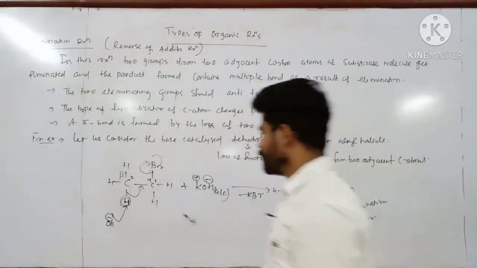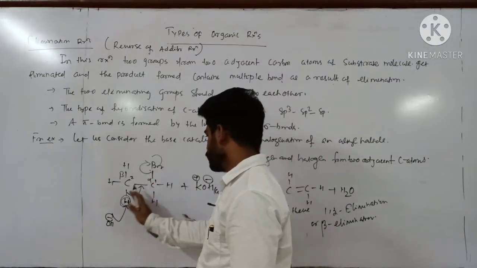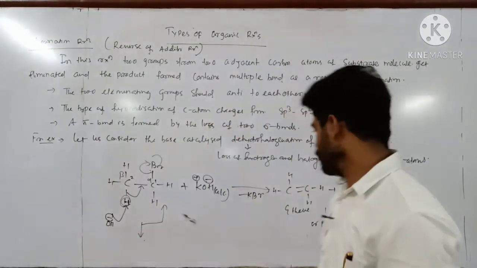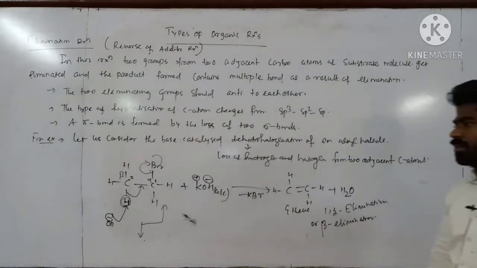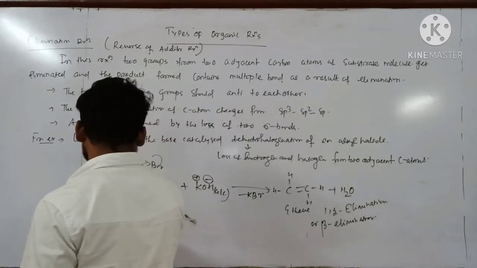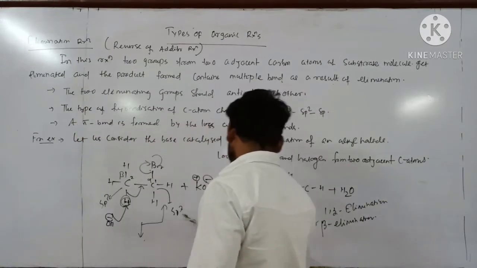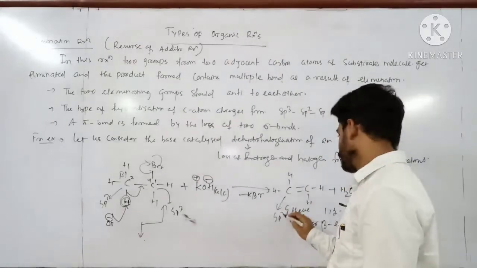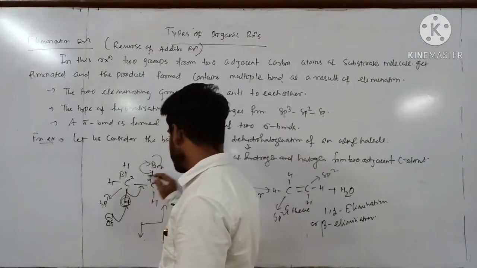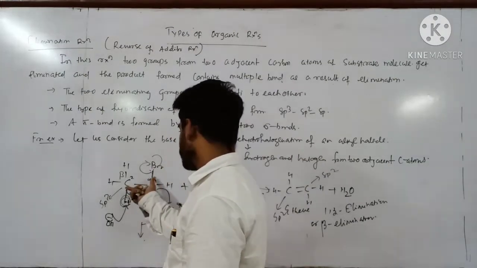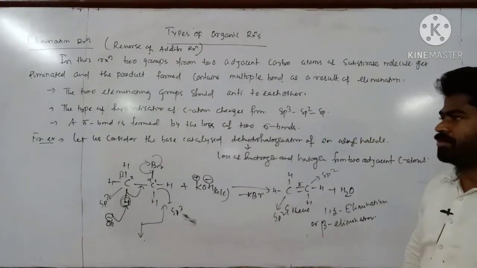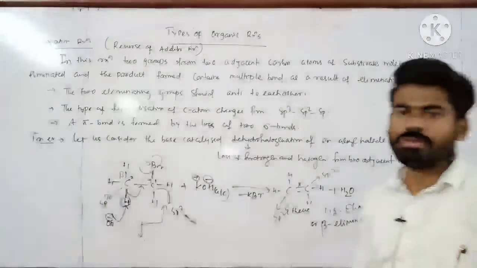The two groups should be opposite. Hydrogen is here and bromine is here. So these two are anti to each other. This is called anti-elimination, 1, 2 elimination or beta elimination. Loss of hydrogen and halogen. And you see the nature of the carbon atom here was sp3. Here also sp3. But you see the changes. Right now it is converted into sp2 and sp2. And 2 sigma bonds are lost: the carbon hydrogen sigma bond and the carbon halogen sigma bond. At the loss of 2 sigma bonds, 1 pi bond is formed over here between these two carbon atoms. So this is called elimination. Okay.